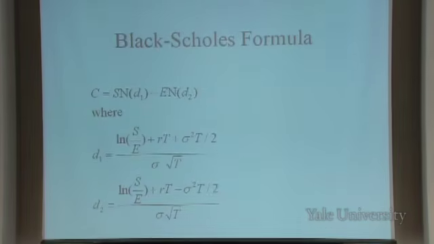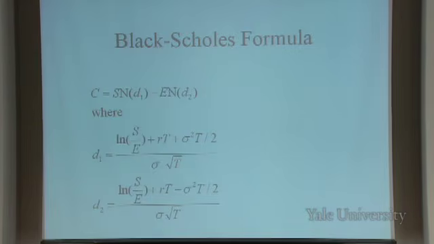Now, the critical problem with the Black-Scholes formula, however, is getting some of these parameters that have to go into it. And the tough one is sigma squared. Most of the other things we know. If you're trying to actually price an option using Black-Scholes, S we already know. That's just the stock price. E is the exercise price. We know that. That's written in the option contract.